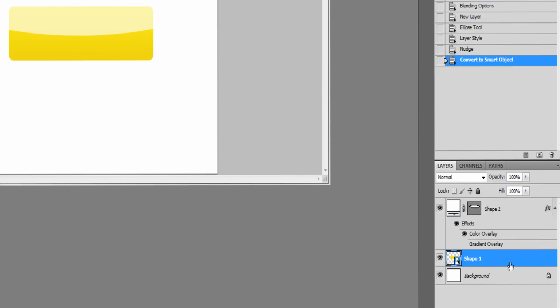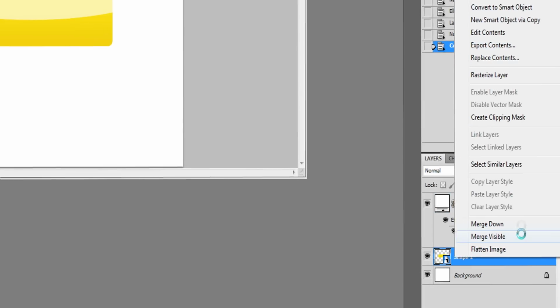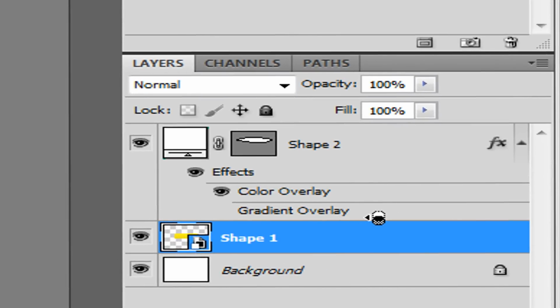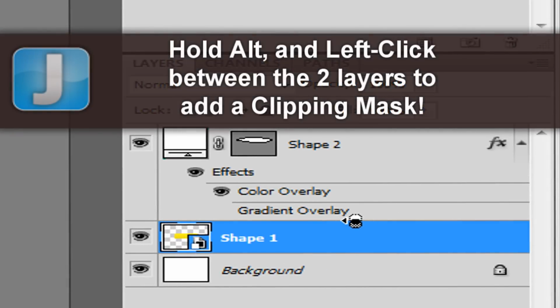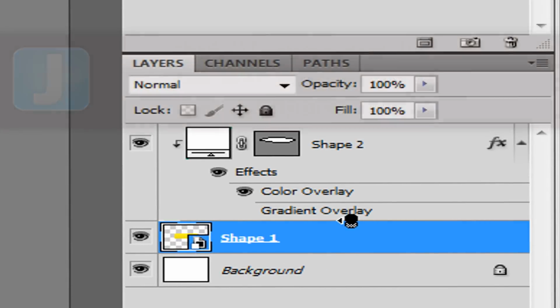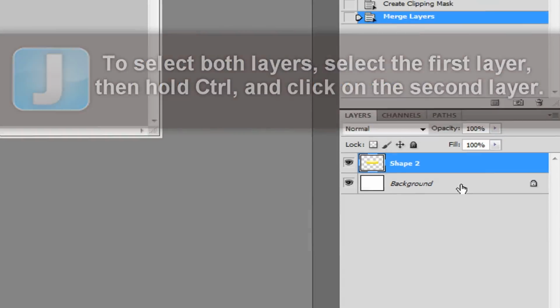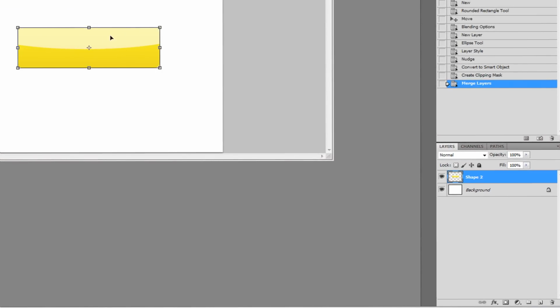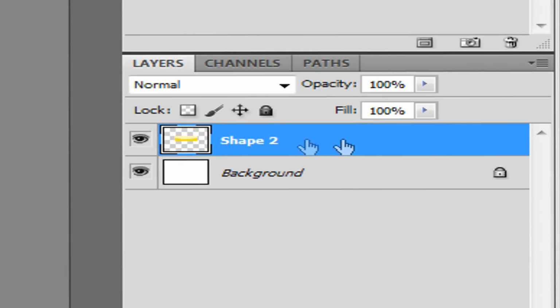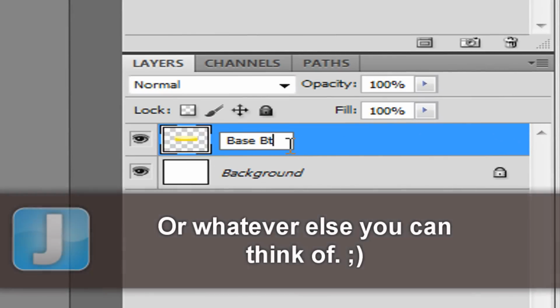overlay here. So what we're going to do is make it into a smart object, as we just did, and hold Alt and create the clipping mask between those two layers. So now when we merge them, it's just going to be this here, so you can apply these shadows and stuff. Okay, let's just call this base button